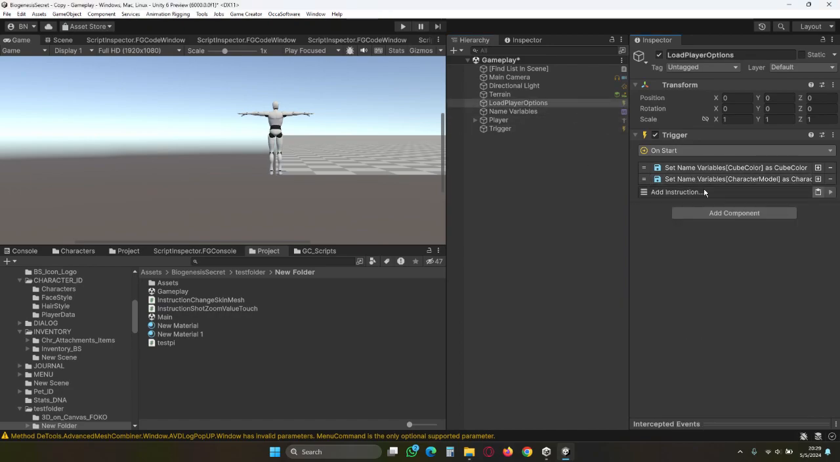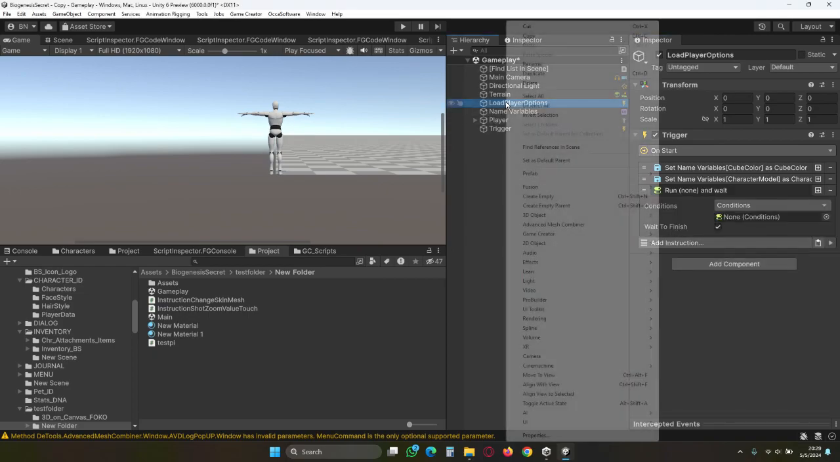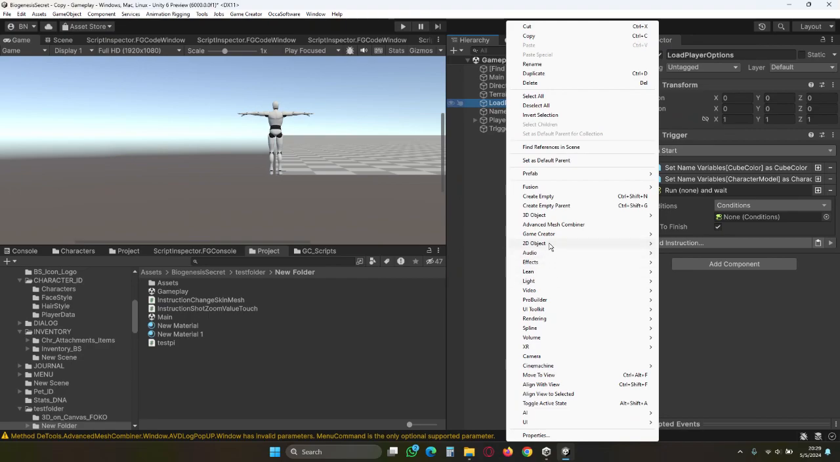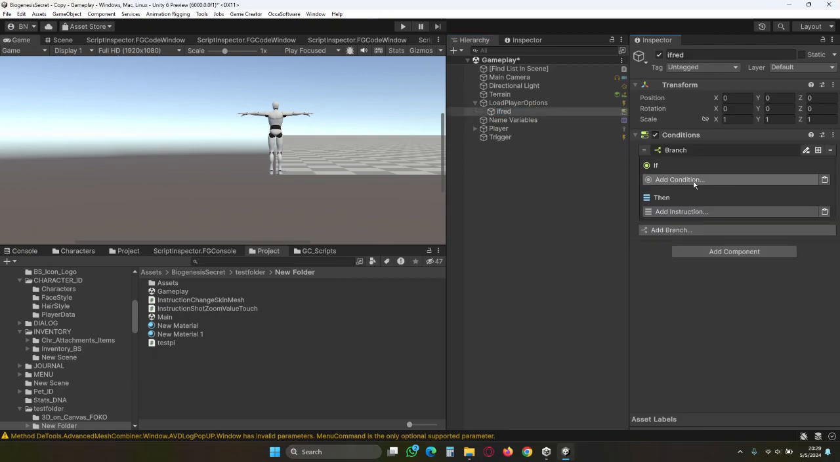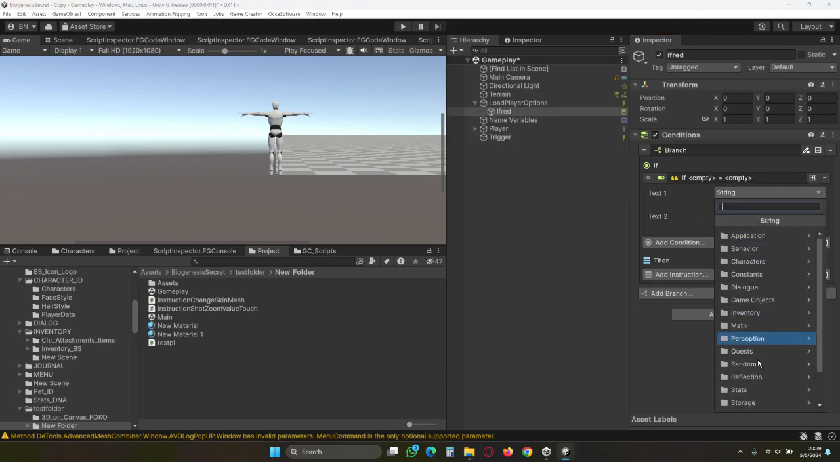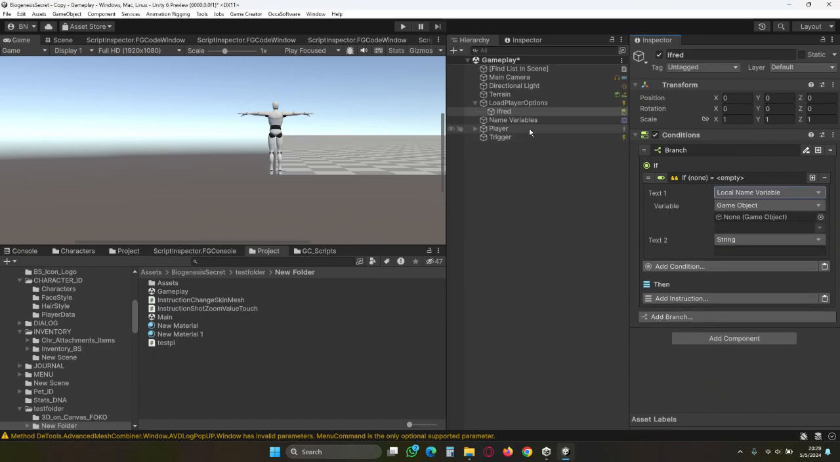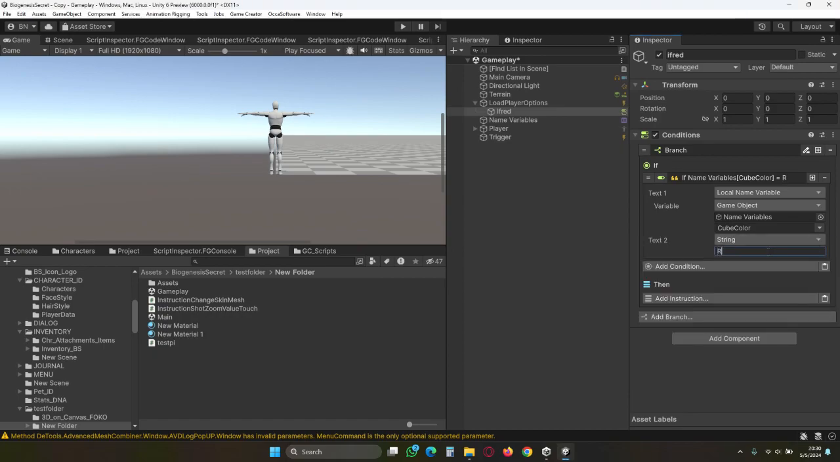We actually want to run conditions like in the other scene that we had over there. We will create over here a game creator condition. This is gonna be if red, it's gonna be if string equals, and it's gonna be variable local name variable, if this variable color cubits. Okay, red. Then